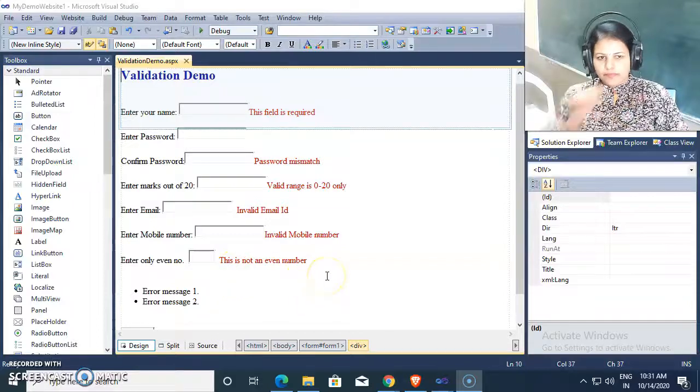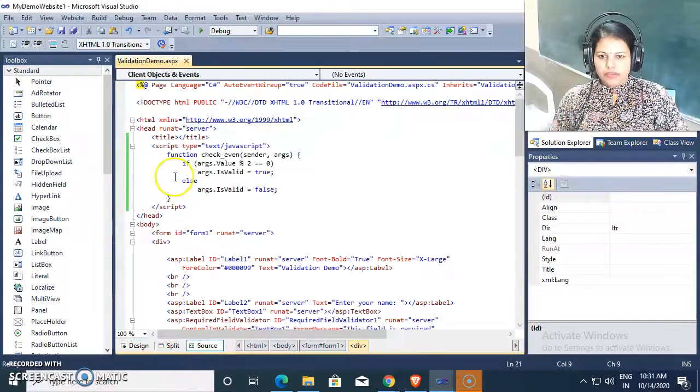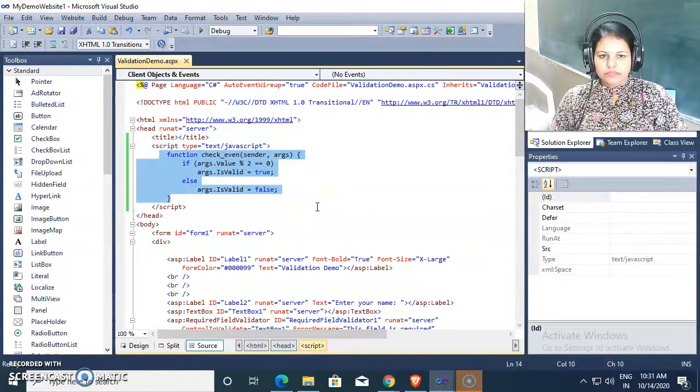Hello students, in the previous video we saw a custom validator example using a client-side validation function which we already wrote in JavaScript. We are checking whether the value given by the user for that particular text box is even or not.